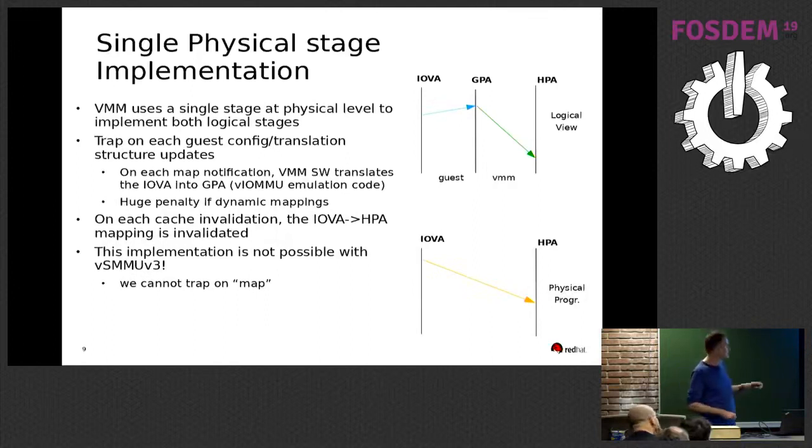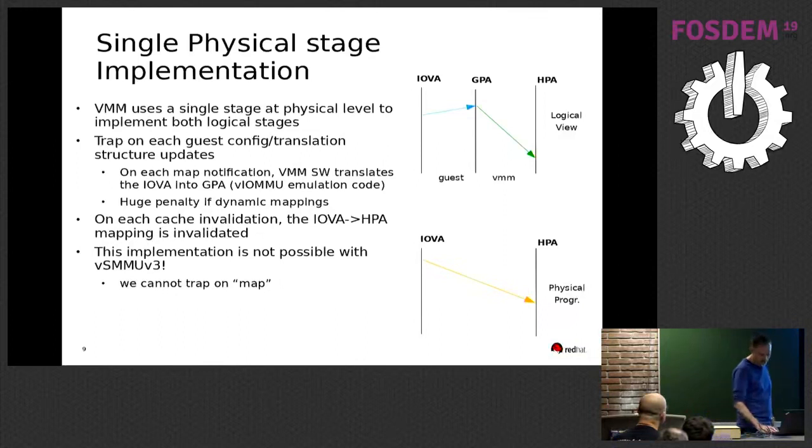This means that when the guest is creating new entries in the page tables, there is no way to trap that at the virtual machine monitor level. The way it works on Intel is that they devised a special mode, which is called the caching mode. When this bit is exposed by the virtual IOMMU device, it forces the guest driver to invalidate also on map. And this trick is not specified in the ARM System MMU specification, so we cannot reuse that.